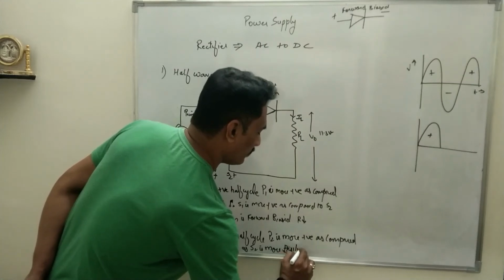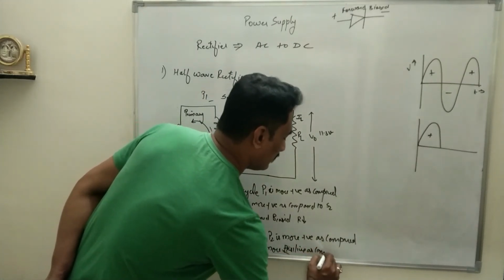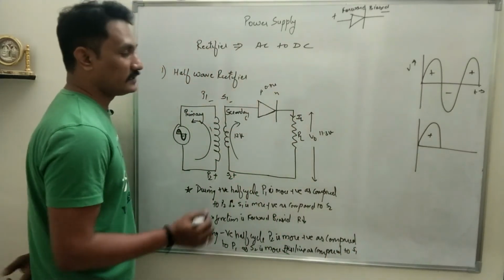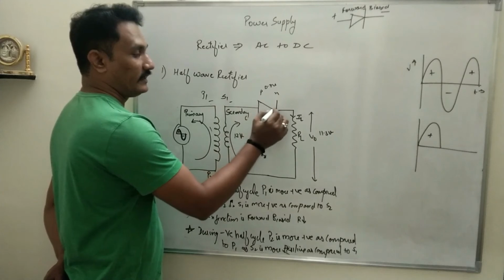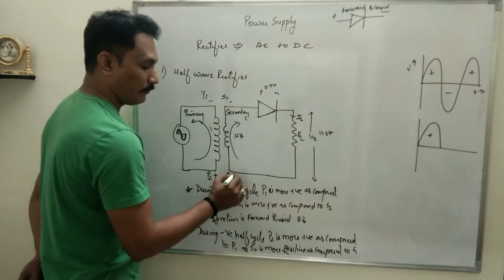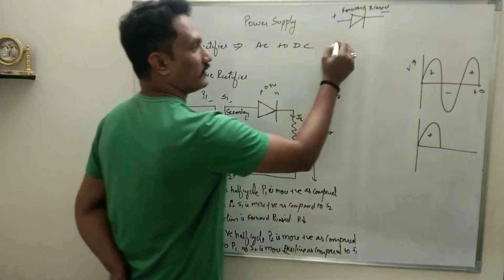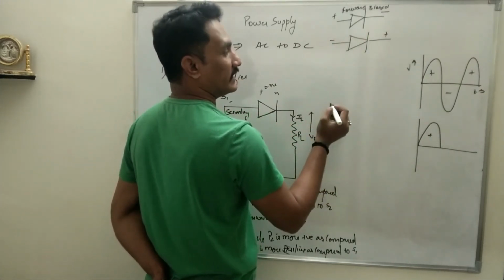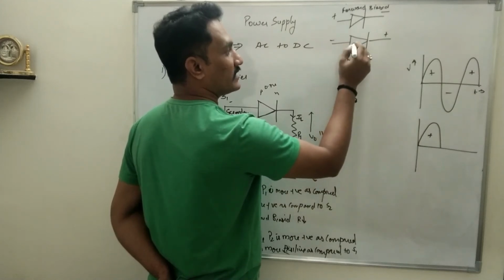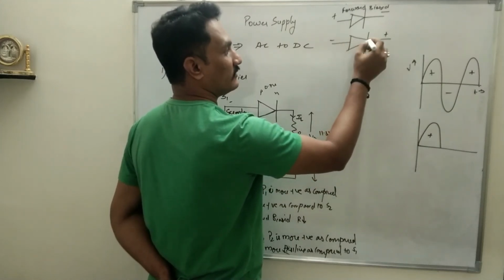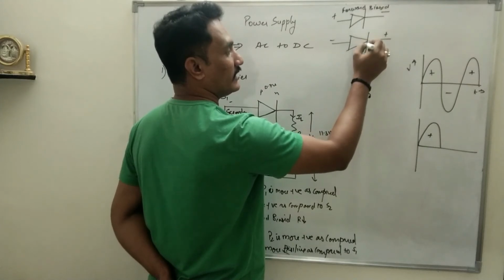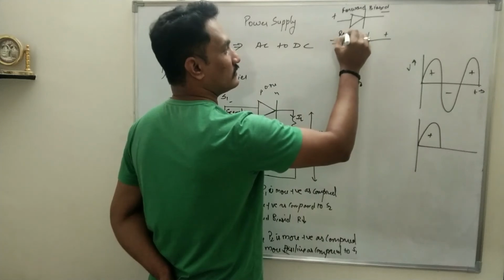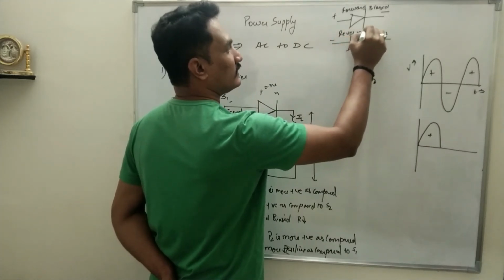S2 is more positive as compared to S1. So now P is connected to negative, N is connected to positive. So this is the polarity now. P has holes connected to negative charge, and in the N region you have electrons, negatively charged, but they are connected to the positive terminal. So this is called reverse bias.